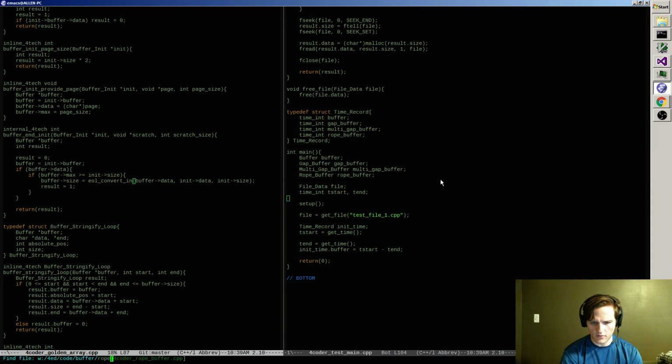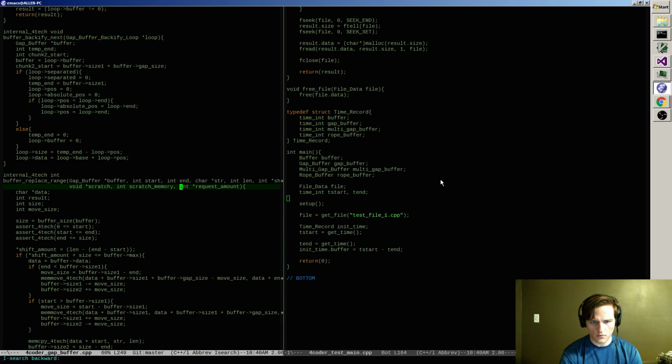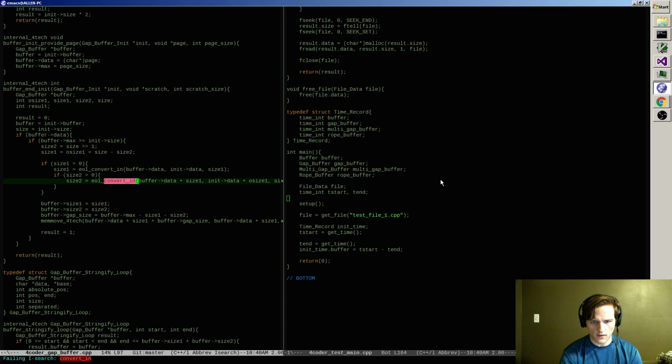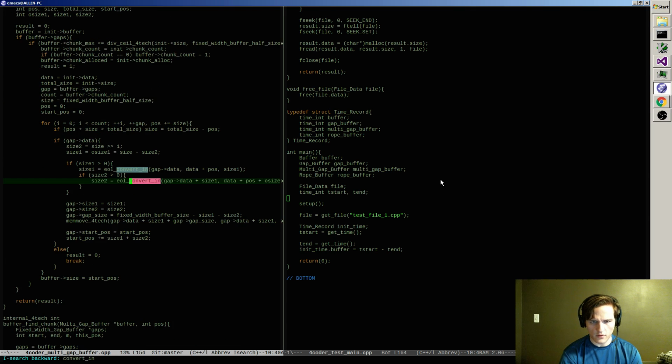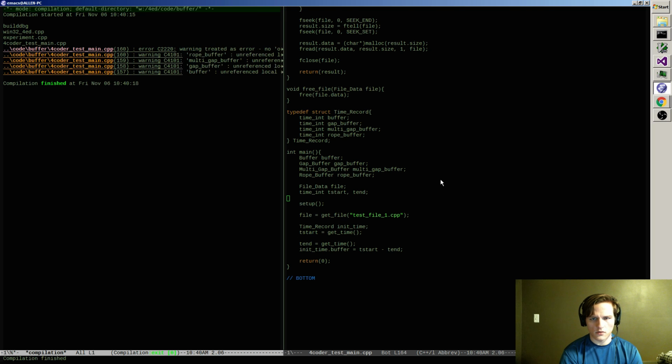Does the same thing happen with the rope? No. What about with the gap buffer? Yeah, the gap buffer converts in. What about the multi-gap buffer? Alright, so I just forgot when I was working on ropes that I needed to work on uh-oh.